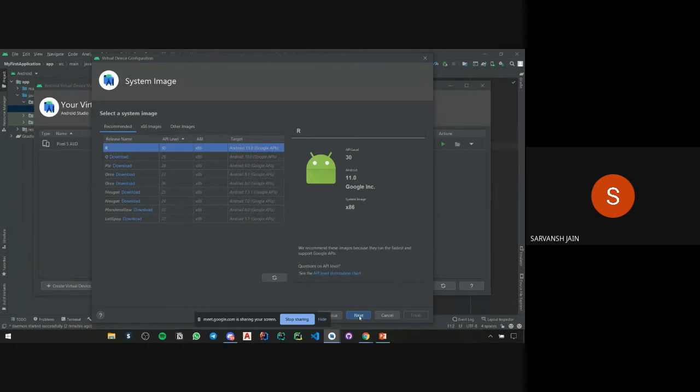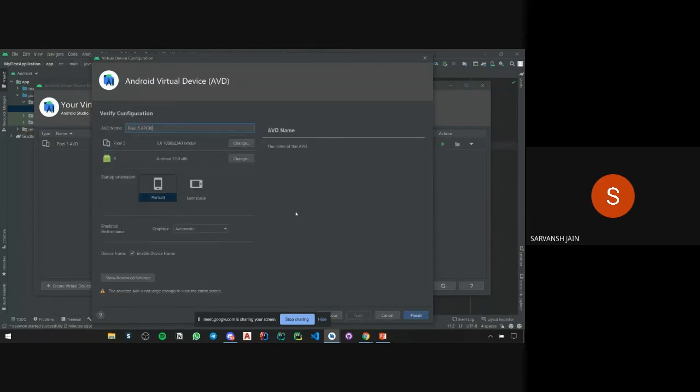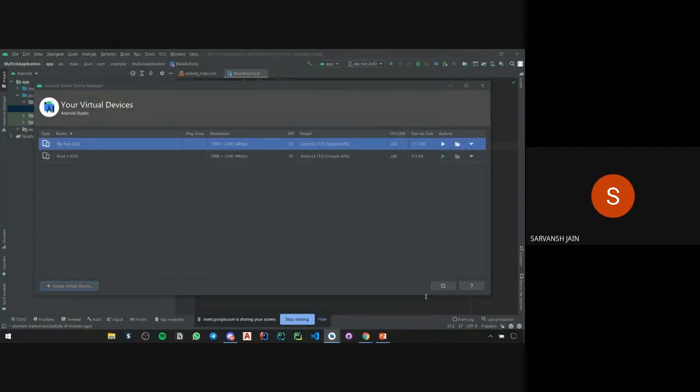Then I'll select next. Then I'll rename my AVD to my first AVD. We'll leave the rest of the options at default, and then we'll finish.